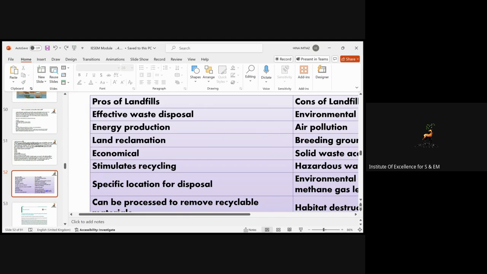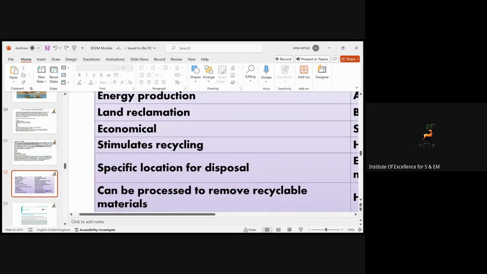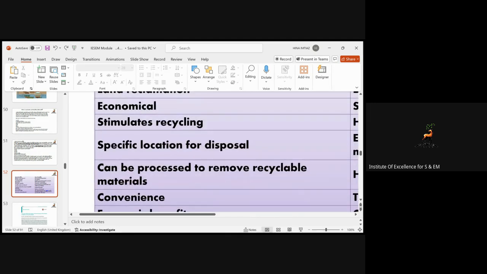for the landfill, and you just need to adopt a strategy, like I will use two liners, or I will use such a type of capping, and you just have a way to dump huge amounts of garbage in that landfill. So the cost benefit analysis is always there for landfills. And landfills again stimulate recycling and offer a specific location for disposal. So basically, when you want to dispose of waste, you can select the location, and it is totally your choice